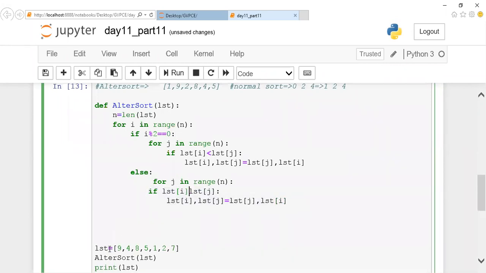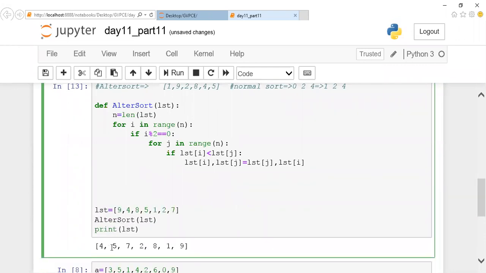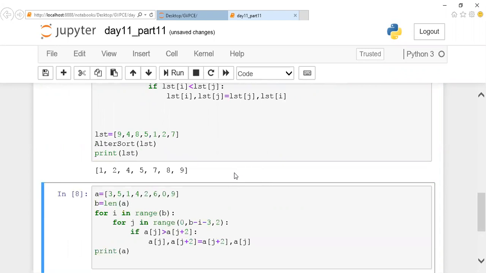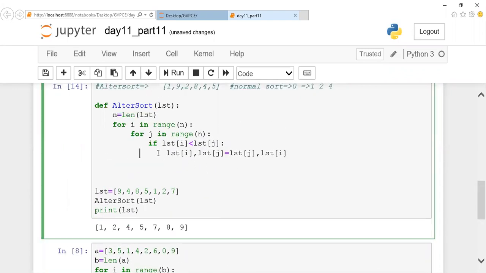It is working fine separately. Then based on your i value only, you're going to execute it. What happens without arranging?